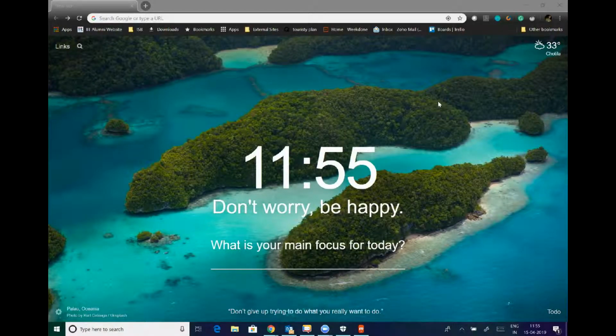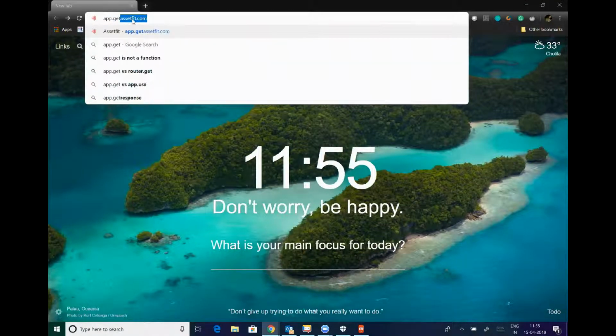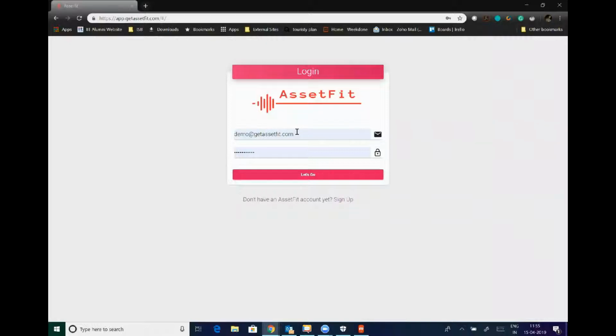In today's video, we are going to see how to log in to your AssetFit account and set it up for the first time. The first thing that you need to do is go on to this URL from any browser, app.getassetfit.com, and hit enter. This will take you to the login page, and if you are a first time user,